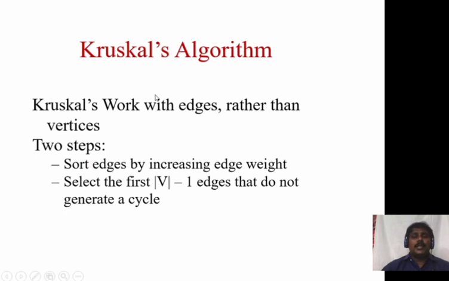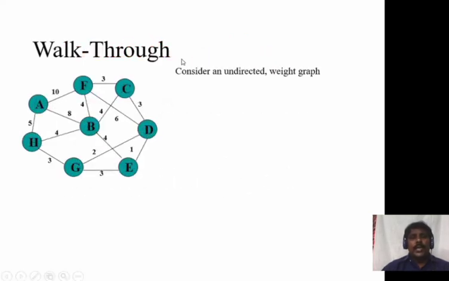Now Kruskal's algorithm, this is also similar. Here also we have to keep in mind that it is a connected, weighted graph. So these are some of the steps. Kruskal's works with edges. Here we have to consider the least edges rather than vertices. In the previous Prim's algorithm, we considered the vertices, but here we have to consider edges. So here he has given a figure.